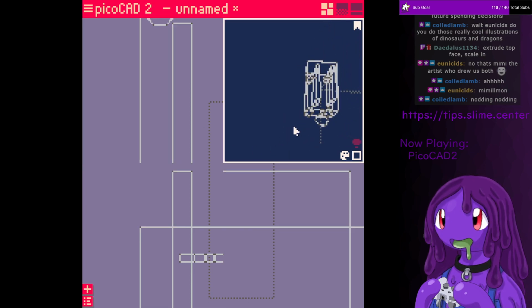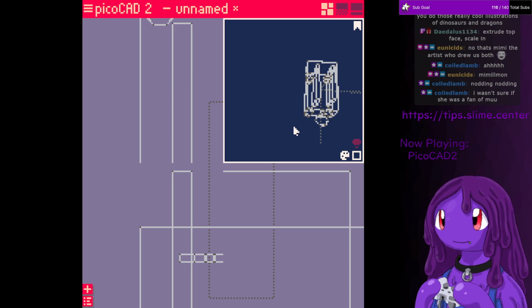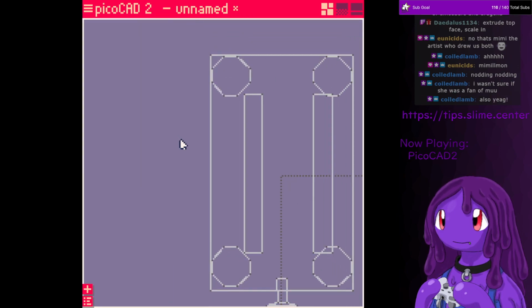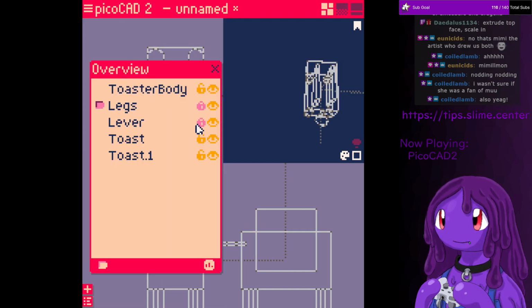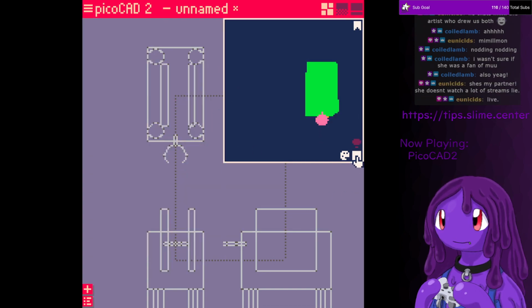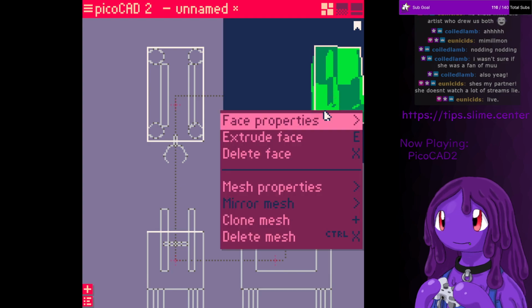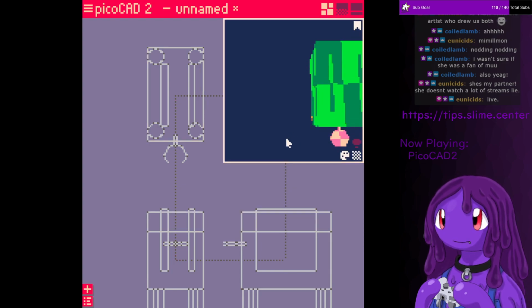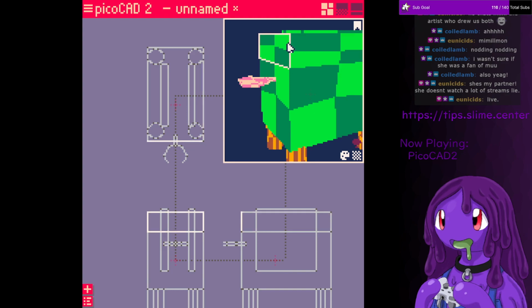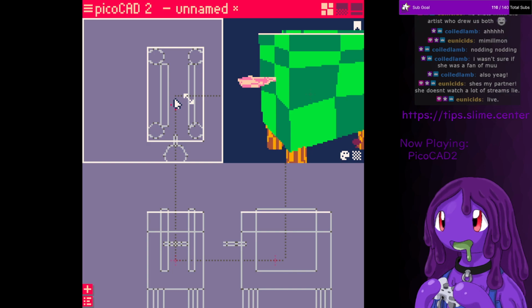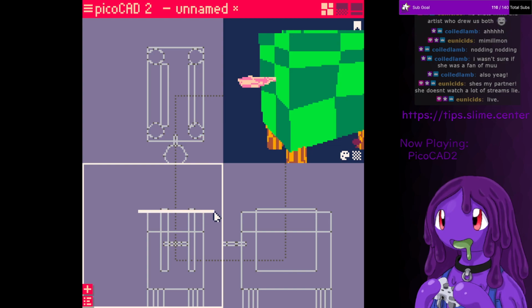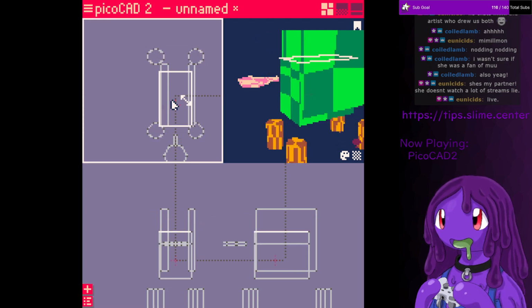Extrude top face and scale in. That's a very good point, Daedalus. One second. Once again, we're going to lock the toast. So we're going to extrude this face, and that's going to result in this, an upper segment. And then we are going to grab that face and, well, we are going to grab those vertices and scale